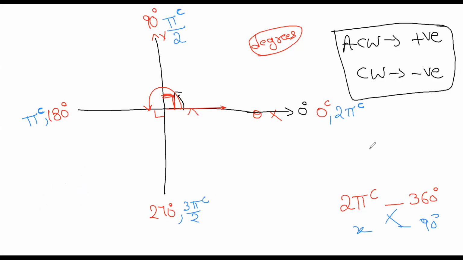In general, when you are writing pi and so on, we won't write radians. We will write 2 pi and say radians as it is. But when you write a C on the top of it, it is the symbol for radian. Here we have the first quadrant, second quadrant, third quadrant, fourth quadrant.